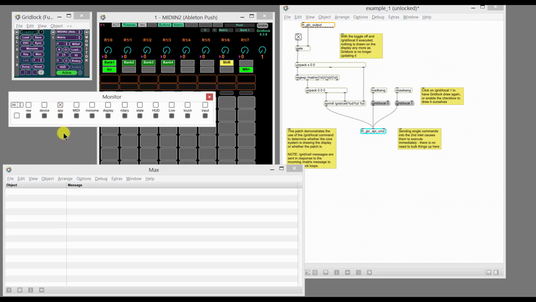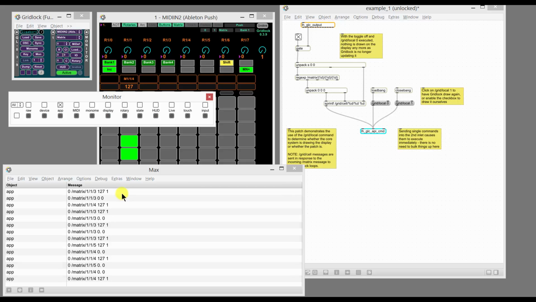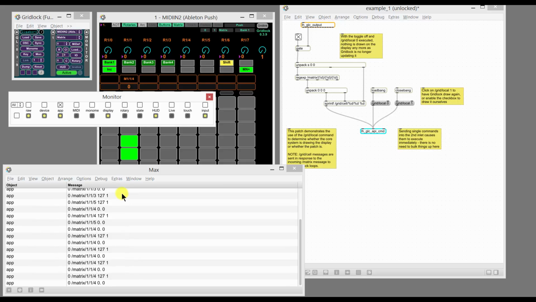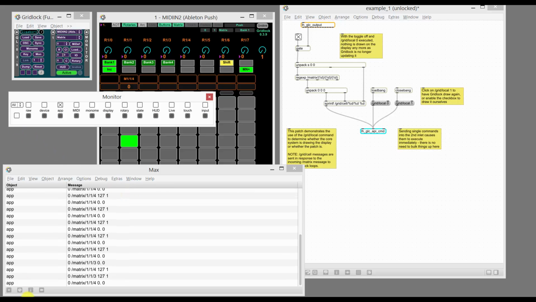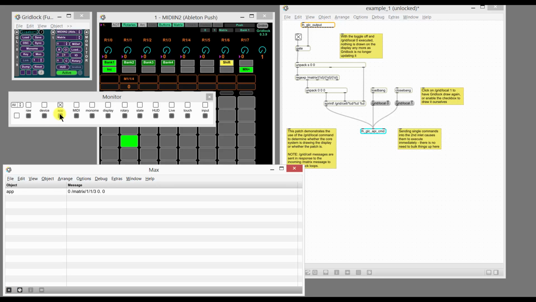So if we turn on app here and then we press a key, we can see that we get information sent out as to which grid cell we've pressed and what the current state is, etc. As I say, that's described in the documentation, but you can see here now that turning that on and off emits a series of messages which we can then process and turn into a command here. So you can see that these flash when we're outputting on a particular channel, and if indeed we turn the whole lot on,